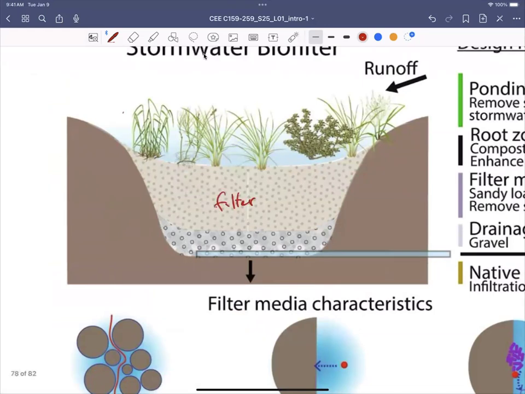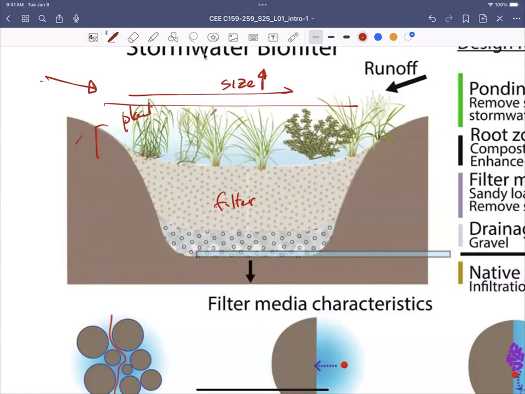And this is the plant, and this is the depressed area, and this is the size. So there are a lot of factors you can change to accommodate future climate. As I said, when the rainfall intensity increases, you get a very high amount of rainfall. When you get a high amount of rainfall, you have to size them properly to capture a lot more water. So one way to do that is by increasing the size, increasing the depth,